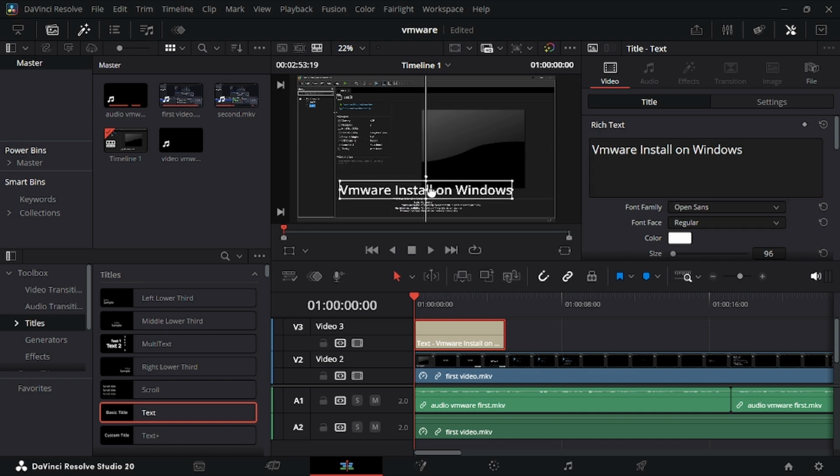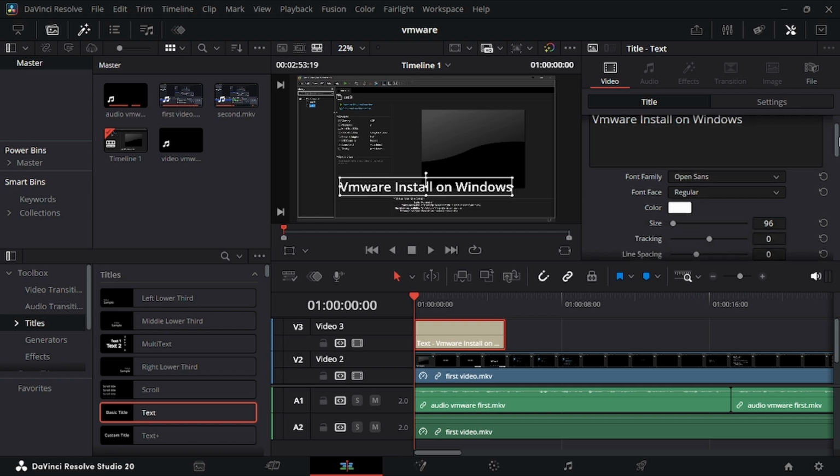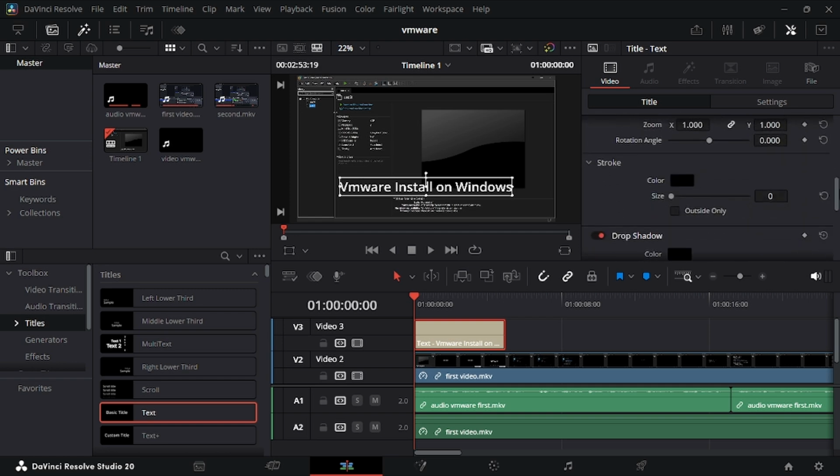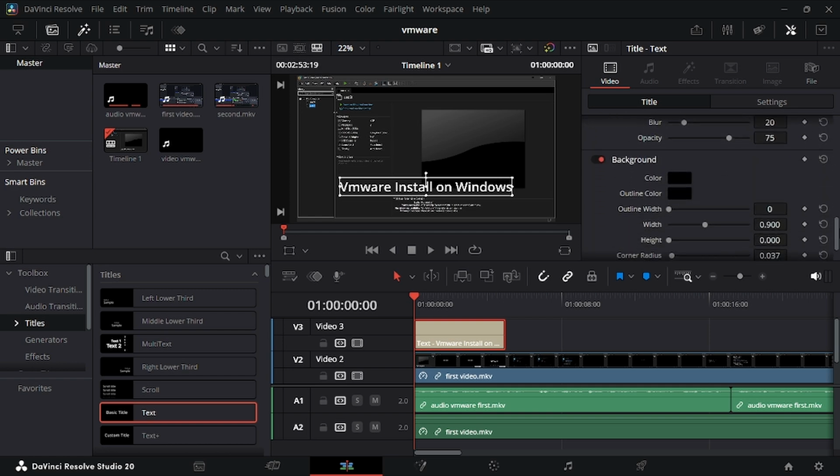To make it more contrast, you might need to add a background to it. So what you can do, scroll down, and here under the background section you see the height is currently set to 0. So let's give it some height,